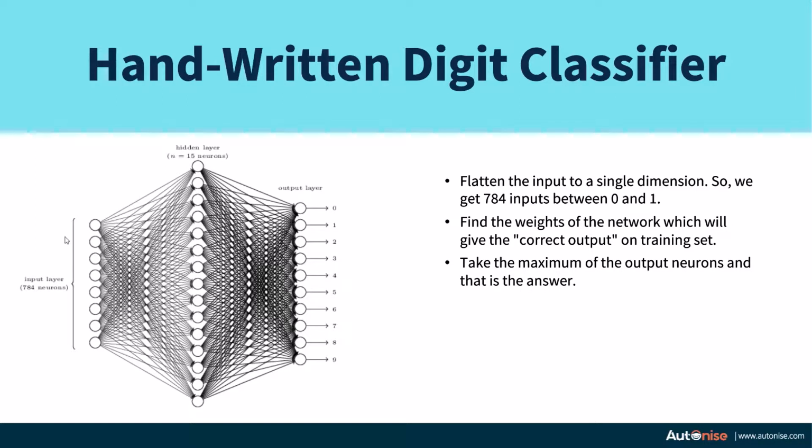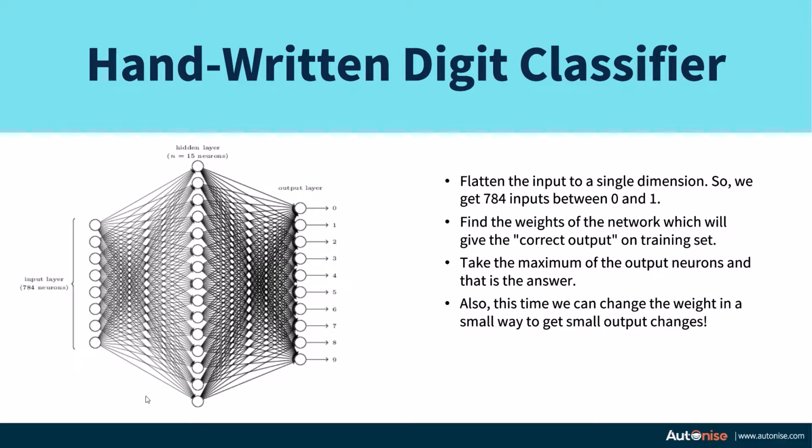So what we want now is, if the image is 9, then the output of the ninth neuron should be maximum compared to all the other neurons. And hence, if that is so, then our output will be 9. So if we are able to find our weights, then we can achieve the corresponding task, and we would have created a mathematical function which takes in an image and gives the output of what digit it is. Also, because this is not a perceptron, we can change the weight slightly and see the corresponding changes in the output based on the changes in the weights.